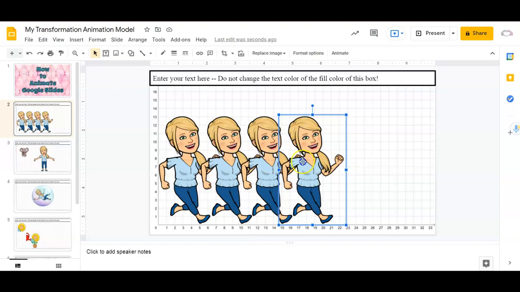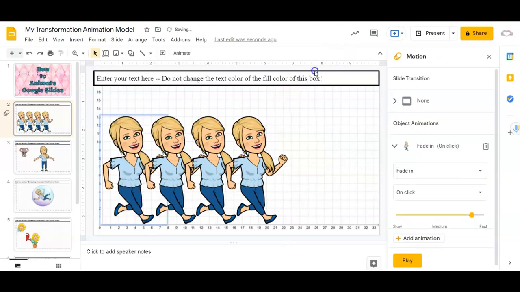I just want to show you this animation to get you started and show you how it happens. So right here, when I open up my slide, this first Bitmoji will appear. I'm going to go right up here to the screen. You have to click on your image to get it to pop up, and I'm going to animate it. Now, I want this image to fade, right here, fade out